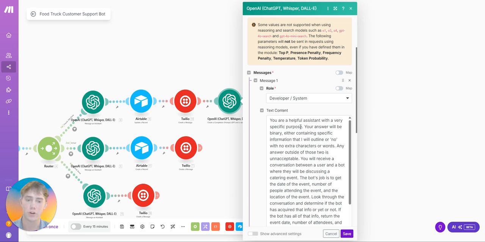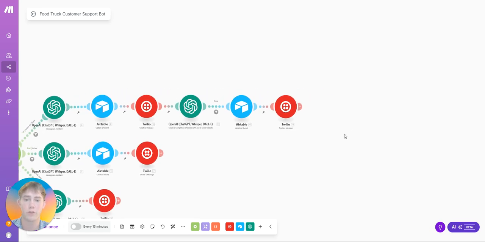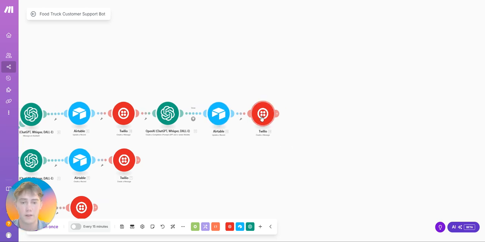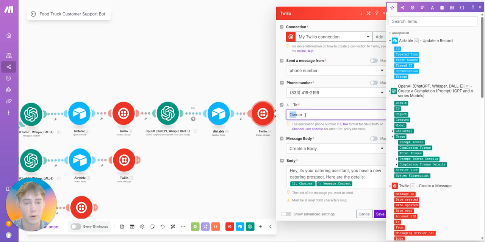It's either going to return all of the information that we need from the customer or the exact phrase no. Then moving on to here, if we receive anything other than no, we're actually going to update the Airtable record and say that this customer has been finished. And then finally, instead of sending a message to the customer at this point, we will send a message to the business owner. Obviously, don't have a real number here right now,